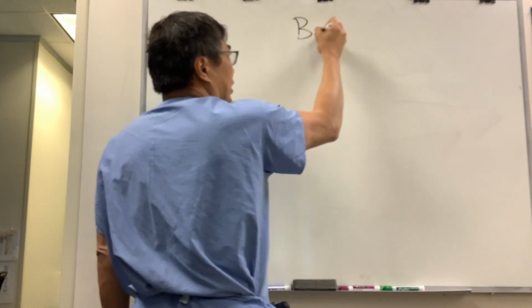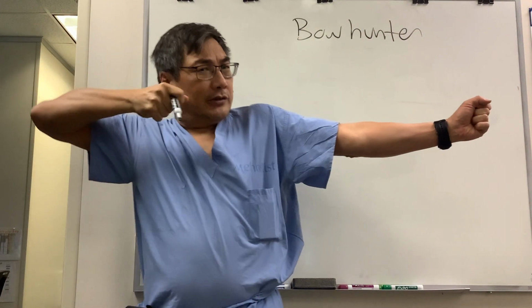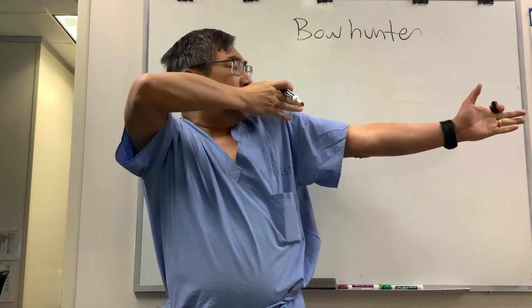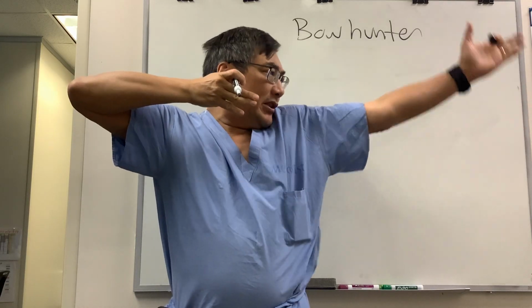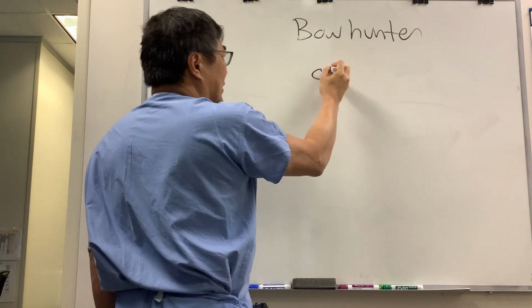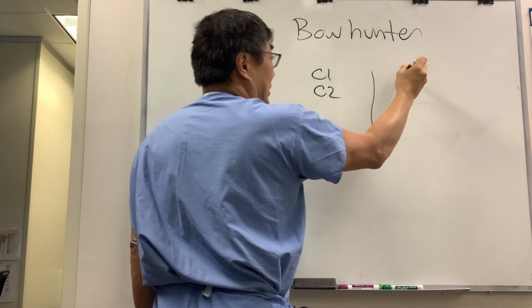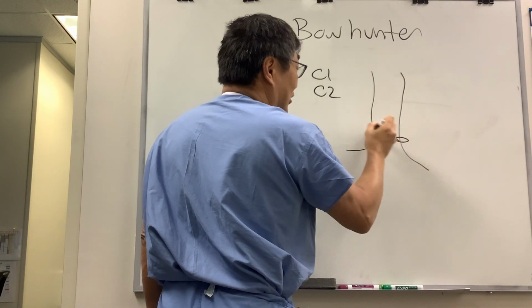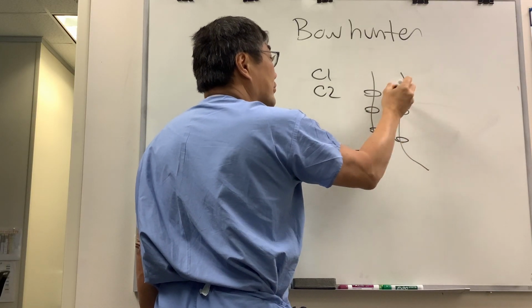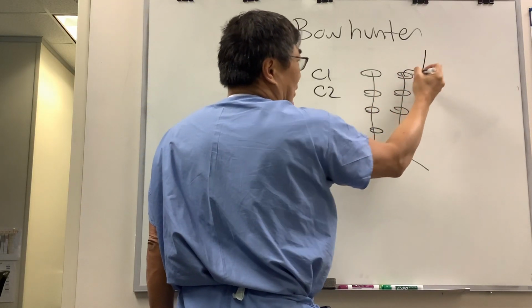So we're going to talk about bow hunter, and as you know, bow hunters pull their bows like this, which means they have to have head rotation to align with the target and the bow. And when you rotate your head on C1, C2, the artery that can be affected is the vertebral artery. And so the vertebral artery is called that because it travels through the vertebral foramen, and as it's making way